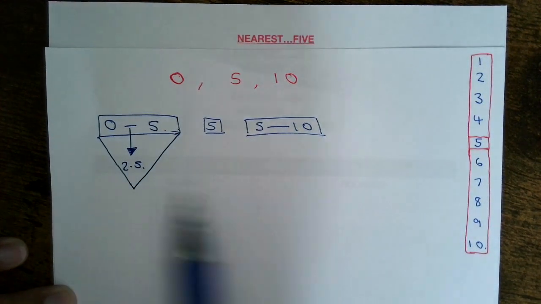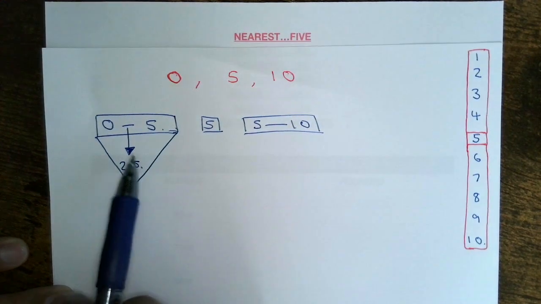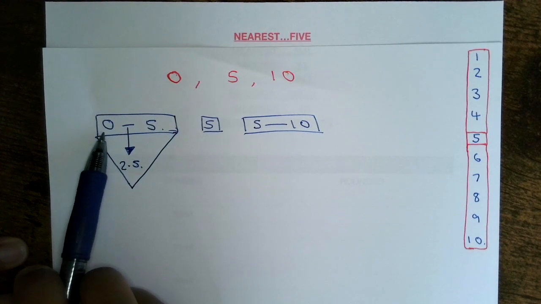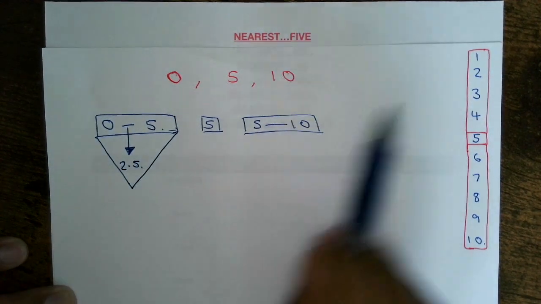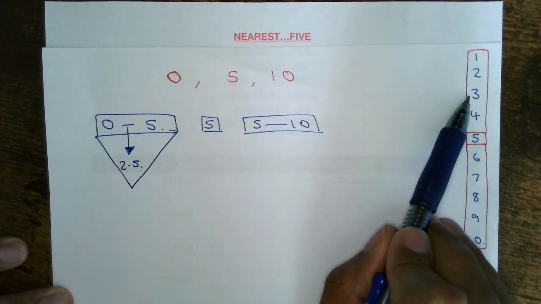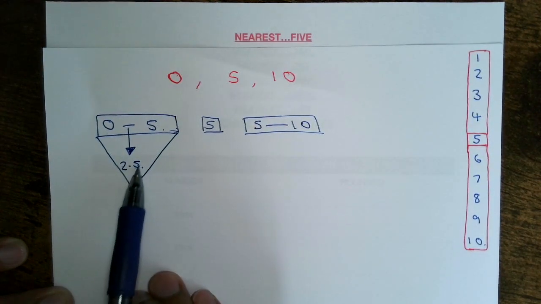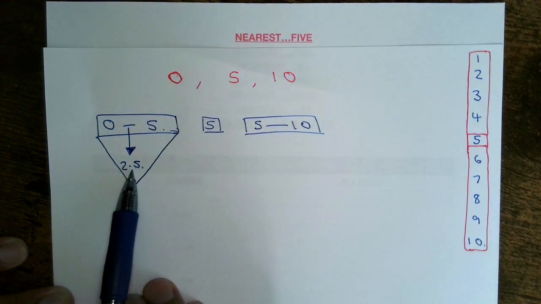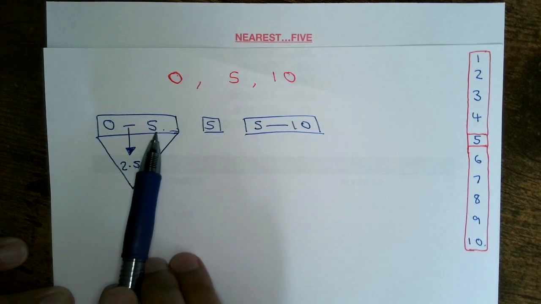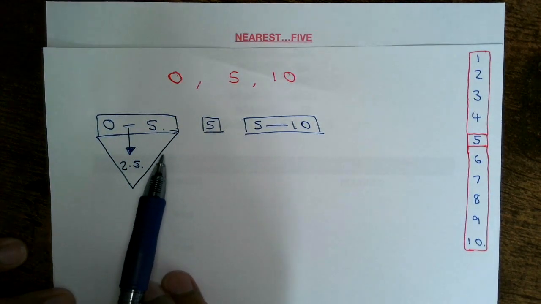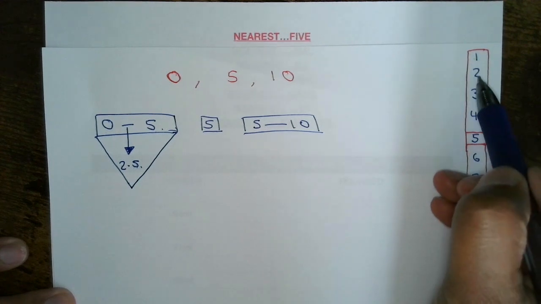So the number 1 falls less than 2.5, so that's going to be rounded down to 0. The number 2 is less than 2.5, so that's going to be rounded down to 0. The number 3 is greater than 2.5, so it's going to be rounded up to 5. The number 4 is greater than 2.5, so it's going to be rounded up to 5. So what we're really saying to ourselves is, if it's a 1 or a 2,